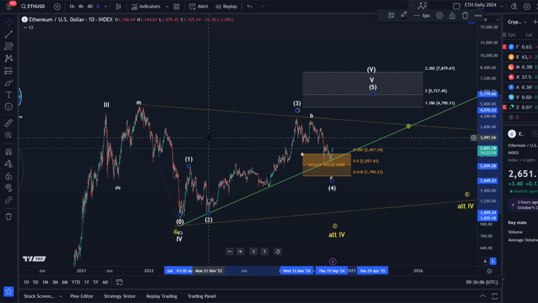Important is that if we form another low, there is still one more support level to test here at 1800, 1790, which is still acceptable for a wave 4 in a diagonal, even though it's quite deep. What we often get is an overlap between waves 1 and 4 in diagonal patterns. So it would not be unusual if that happens, but it would just mean that the wave 5 has to be even longer to take us to a new all-time high.